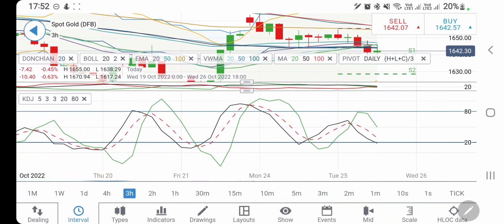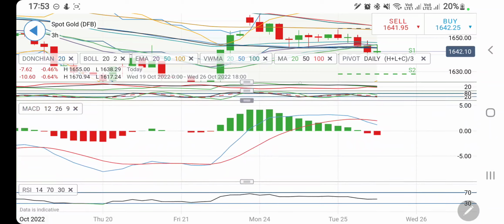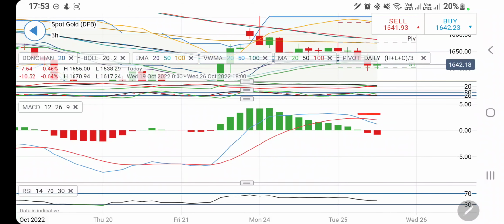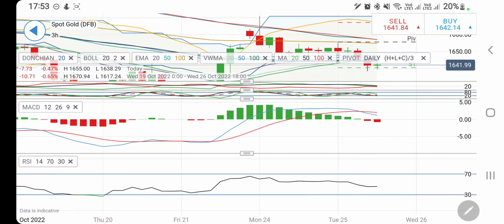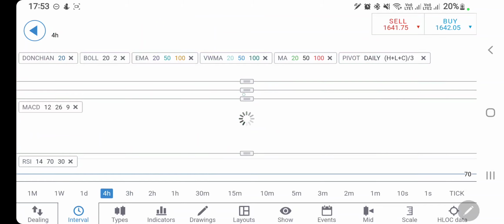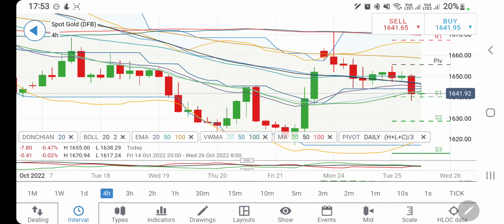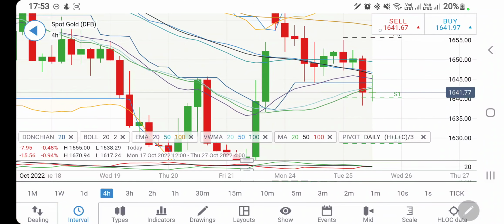The directional movement is moderately bullish. Stochastic is trading into the oversold zone. The MACD has just crossed over. It is trading with divergence. This is the second red candle. Probably we can expect a few more red candles from here. RSI trading flat. And if you look at the 4-hour charts,